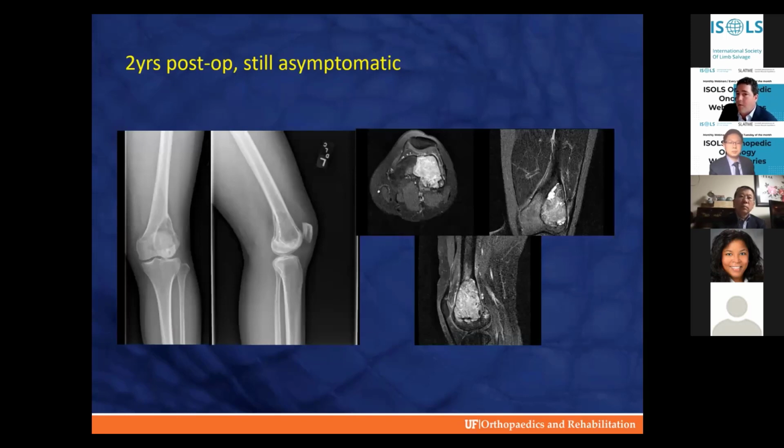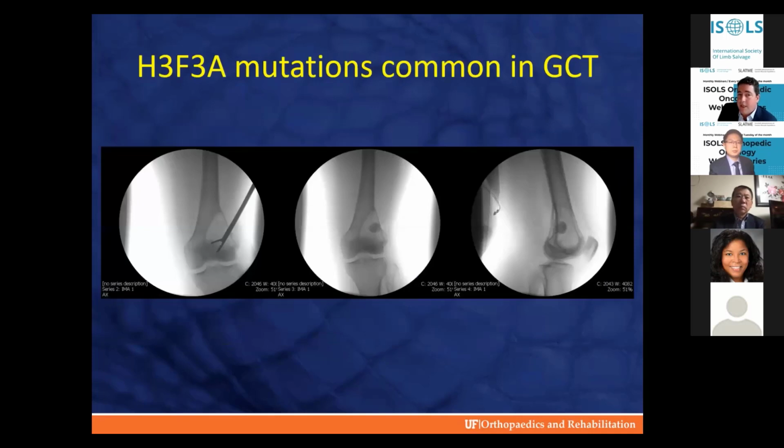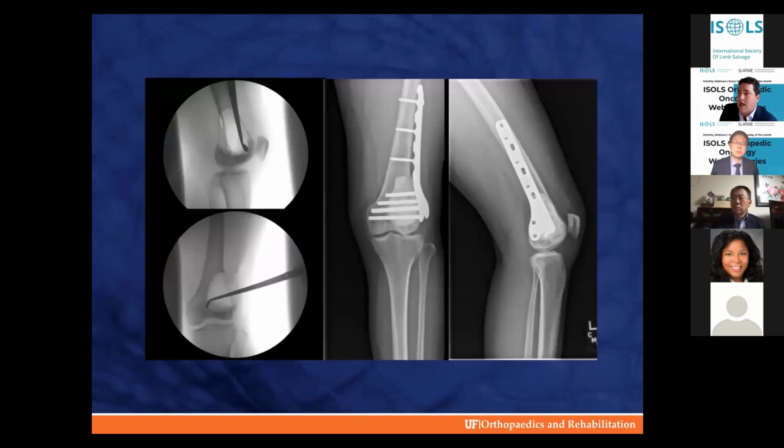And so you can see we got an MRI, and she has a local recurrence, which we hadn't picked up previously. So hard to tell whether it was already there a year after, but obviously this is a significantly more morbid type surgery for her. When we did the biopsy, actually, there was some concern for malignant transformation, so we ended up having to stop. The nice thing is there's a histone mutation that's present in over 90% of GCTs, which is the H3F3A, which was positive in her case, and then we were able to proceed with extended curettage and ultimately cementation, subchondral bone grafting, and plate fixation, which is what we would classically do.